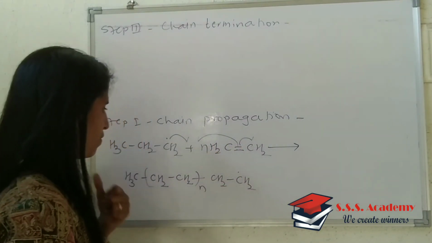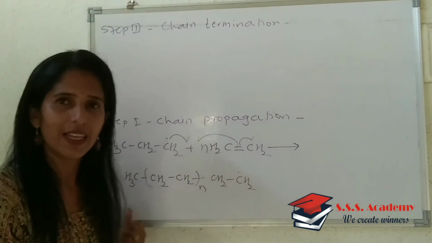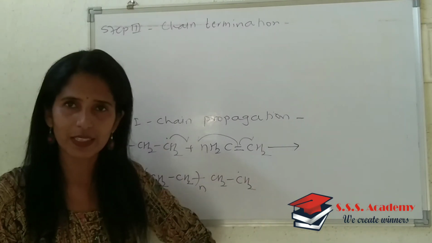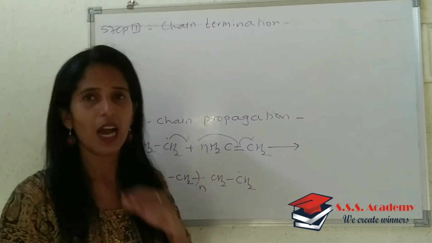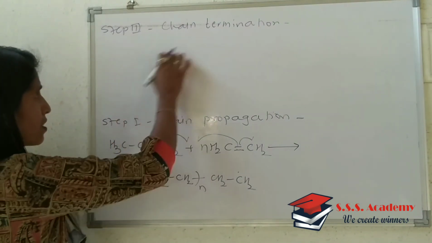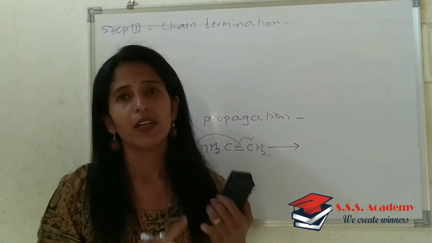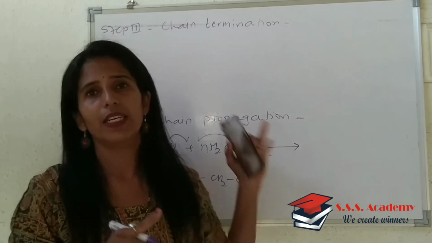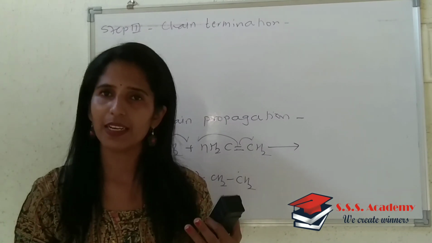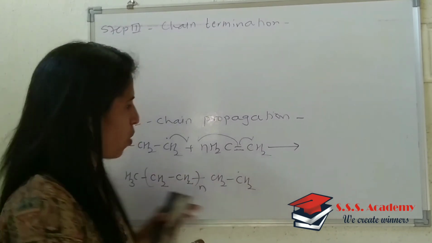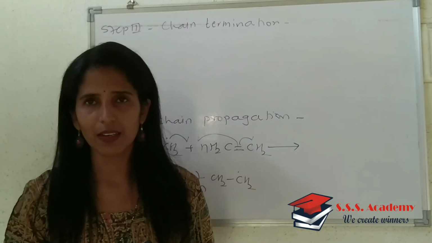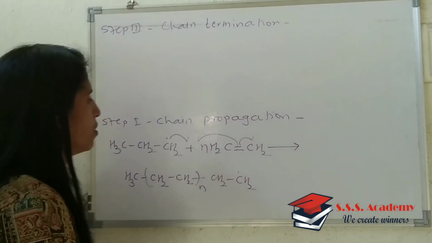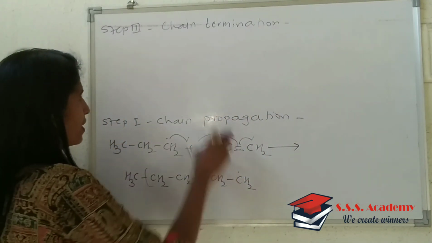So how it takes place, that we will see. What I told you is whatever radicals, the higher molecular weight radicals so formed, add to themselves, and the reaction stops. Okay, how, that we will see. So this is the last step, chain termination. What do you write? Ultimately, the chain reaction has to stop somewhere, so it results in the formation of a polymer. And in the second point, you will write the long chain polymeric free radical adds to itself and results in termination. So after these 2 points, you are supposed to write the next reaction.